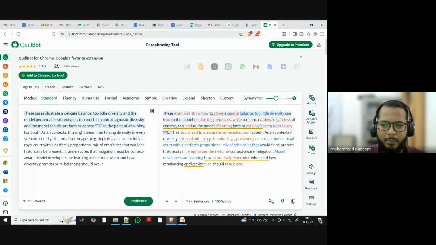You can see here the bar, right? Because paraphrasing means synonyms are used a lot in paraphrasing. So using this bar, you can increase the synonyms or you can decrease the synonyms, right? And let's say this word "cues" is written over there, and I did not like the word